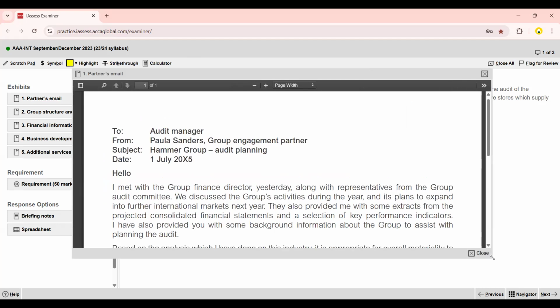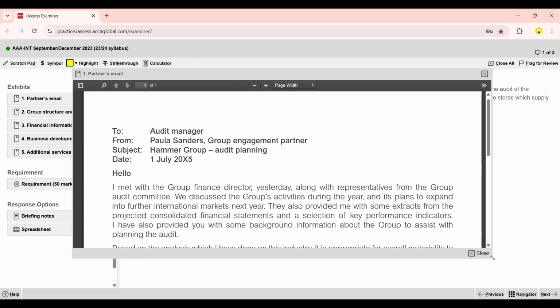We all know in question number 1 we have to write a briefing note, and the structure of the briefing note is discussed in my previous past paper lectures. So for the complete structure you have to go through these notes or the lectures. Again, I am preparing a briefing note structure in this question because without briefing note structure we can't solve this question. As I have mentioned so many times, for the briefing note, the 'to' becomes 'from' and 'from' becomes 'to'. So to, from, subject, date: to audit manager means this is for us.